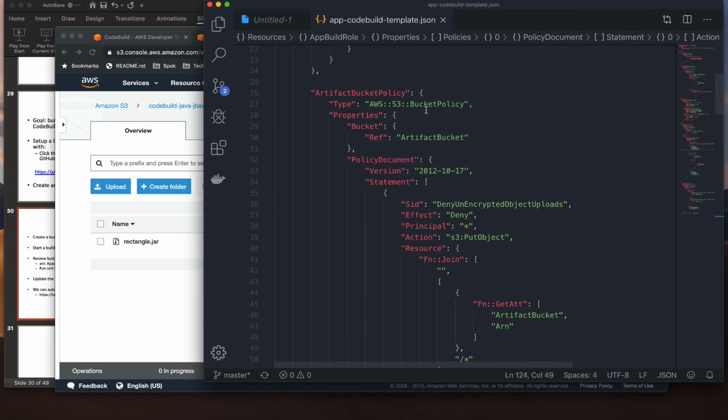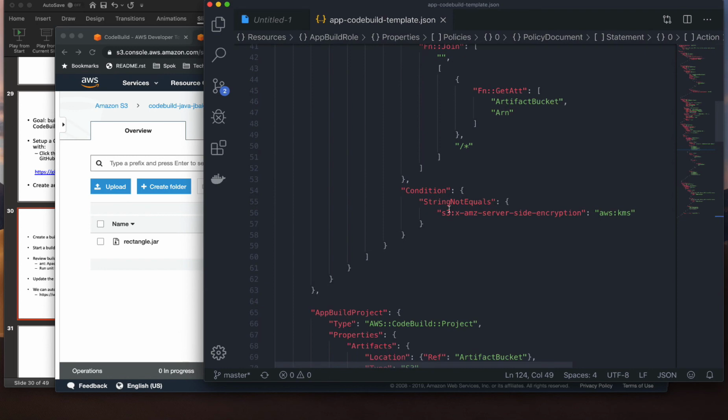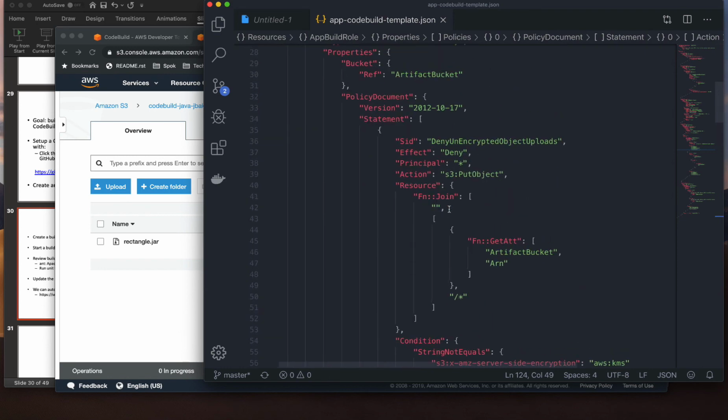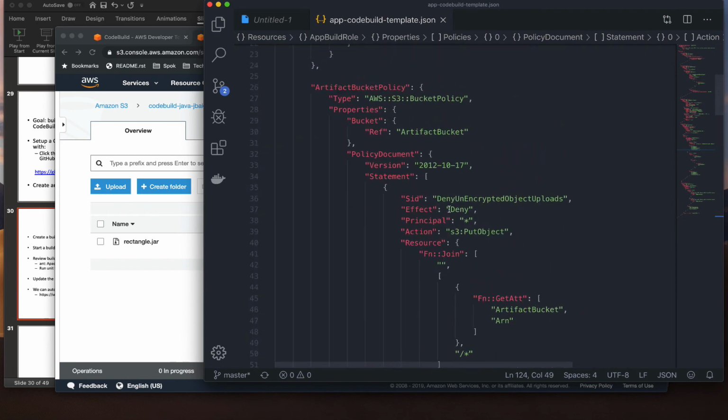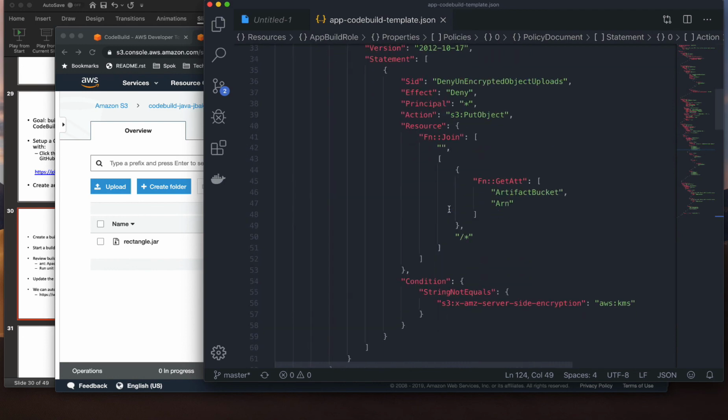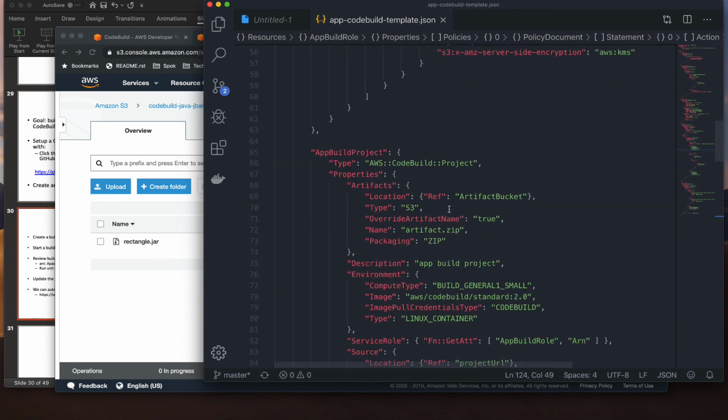So there's an S3 bucket policy, which basically says that any object that's stored in this S3 bucket has to be encrypted, and the S3 service will not allow you to store an unencrypted object in this bucket. This is just some additional configuration code that I added to the S3 bucket just to ensure that everything is